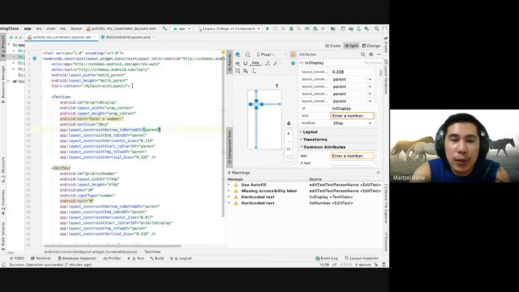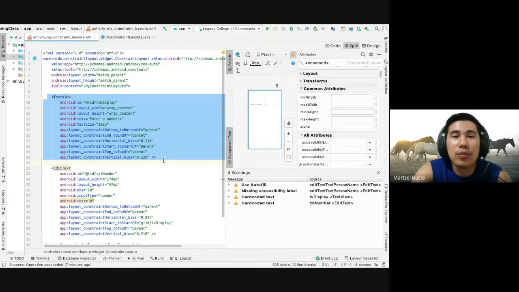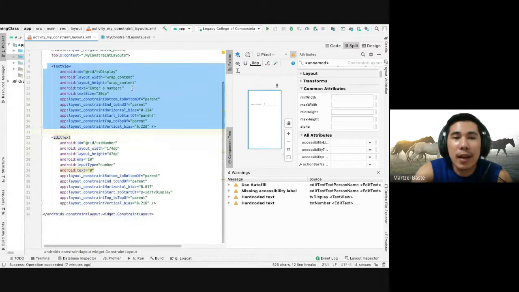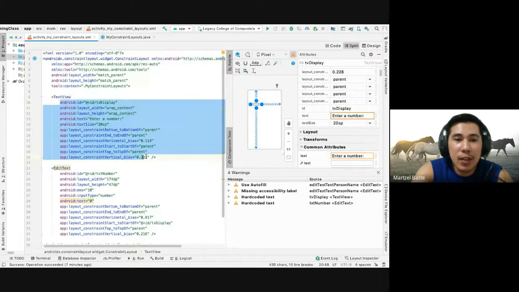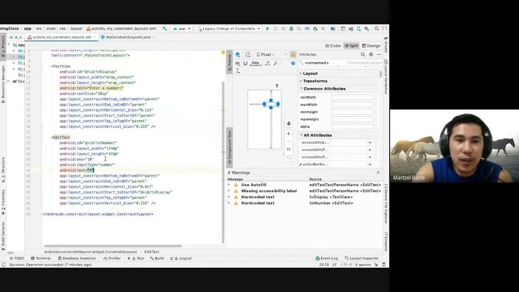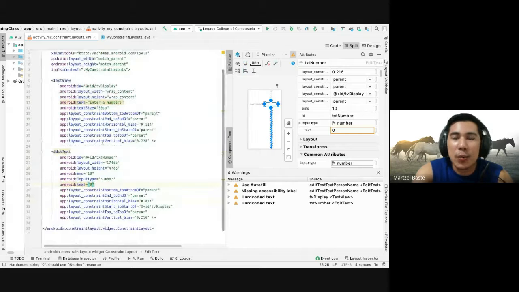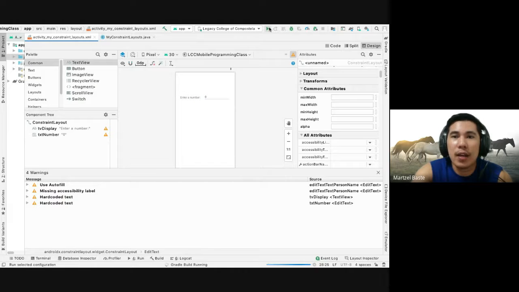So right here, I'm pretty sure you have some idea about how to design our UI manually by really writing our scripts using our own bare hands. So there is a big probability that you would understand what scripts are being generated by your program. For sure, you have some idea already, no matter if we designed the UI through design view. So if we are going to run this one,